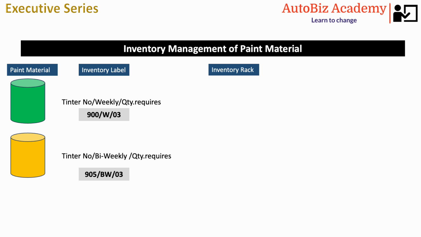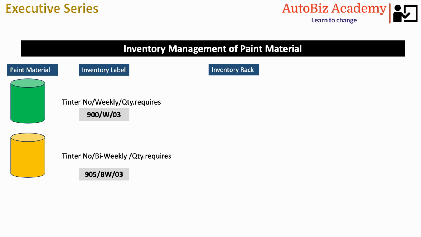So the label will be like 905 is the tinter name or number, BW stands for bi-weekly inventory, and every 15 days you require 3 tinters. So while checking the weekly inventory, you need not check these. You need to check it only on the 15th of the month, so you can save your time of checking the